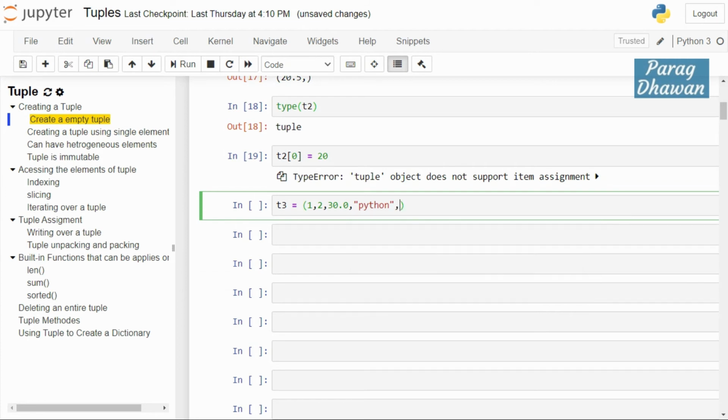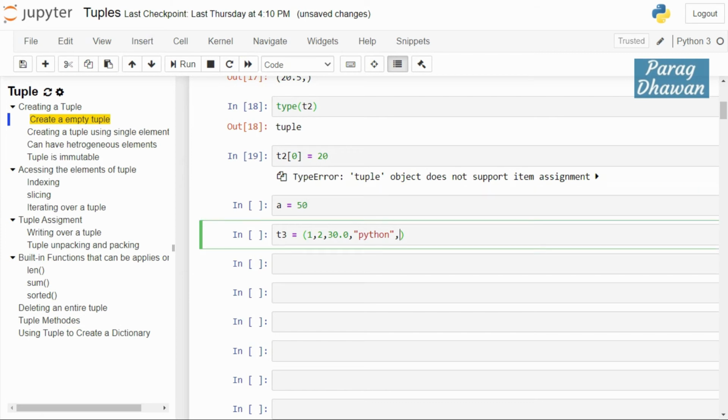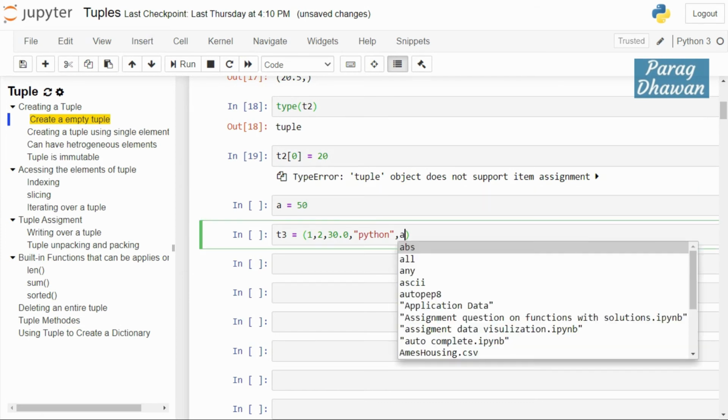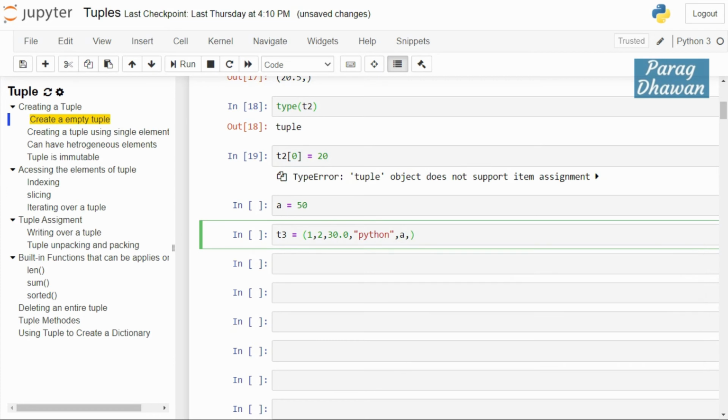Suppose we create a variable above, a is equal to 50, and give the variable a. It can also contain a tuple inside it. As we know, t2 is a tuple, so inside tuple t3 we have t2 also, and we can have a list inside it containing elements 10, 20. This is to demonstrate that we are creating a tuple with multiple elements of different data types.